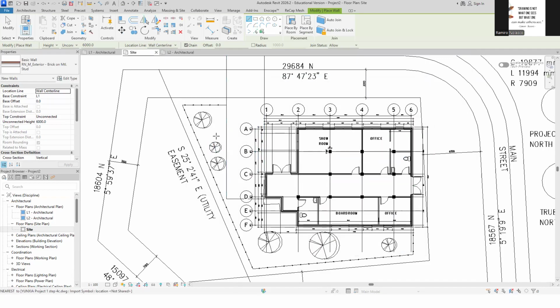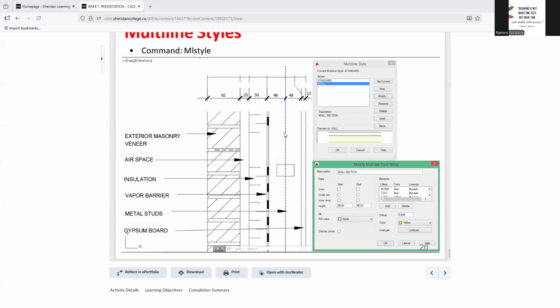Now, before we insert it, we need to say the location of our wall should be at the core center line. Remember, the core is right here at the center of the stud from our AutoCAD file.